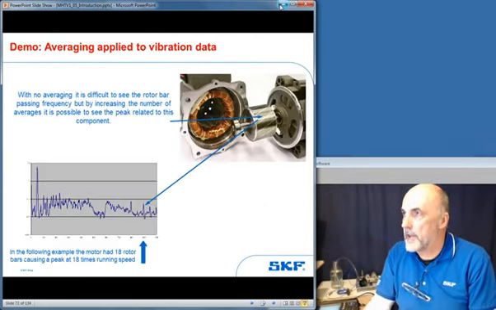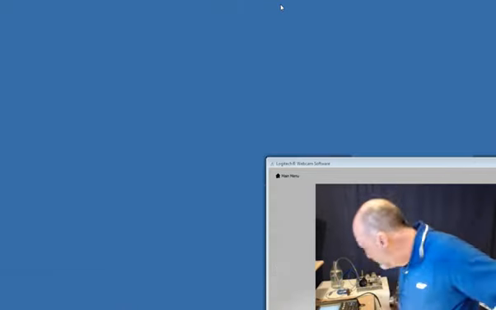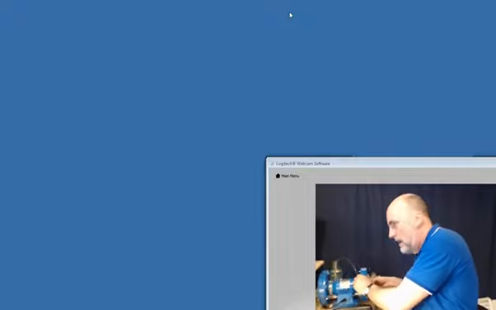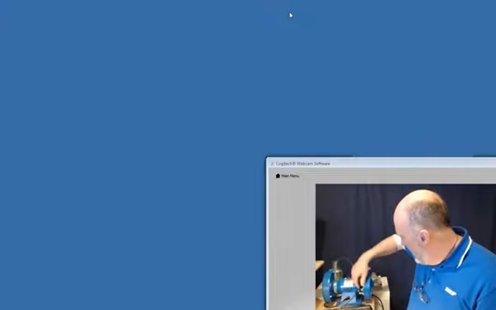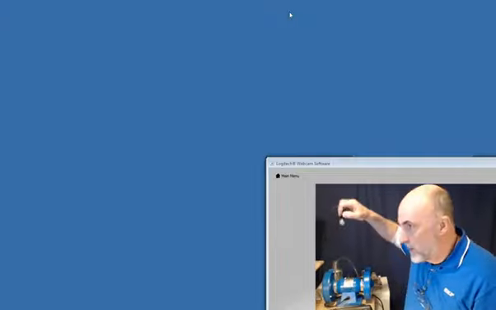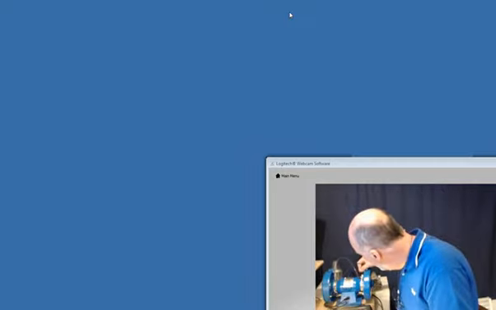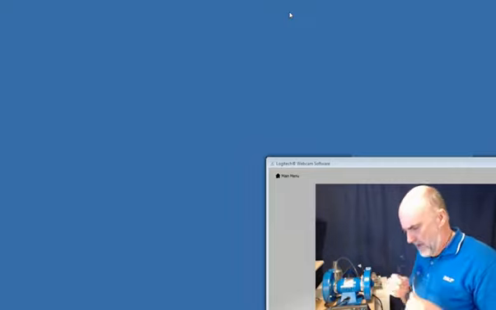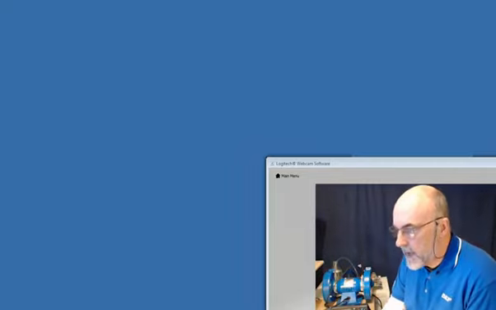So I have a little demonstration to relieve the boredom of PowerPoint. I've got an electric motor here which I can bring into shot. So there's an electric motor. I'll attach an accelerometer, so we'll take a reading off this electric motor. I've got it plugged into my analyzer, so you need to be able to see the analyzer. So we'll flag that up for you.